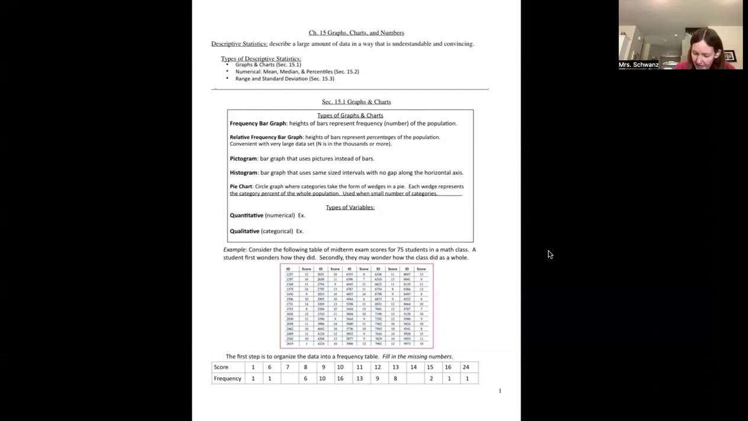So an example is, how many children do you have? Because the response that people are going to answer is 0, 1, 2, 3, 4. It's a numerical number response, right? Okay, a qualitative